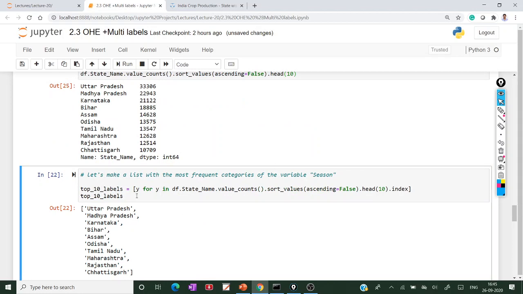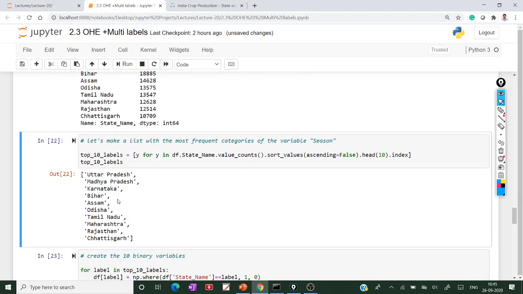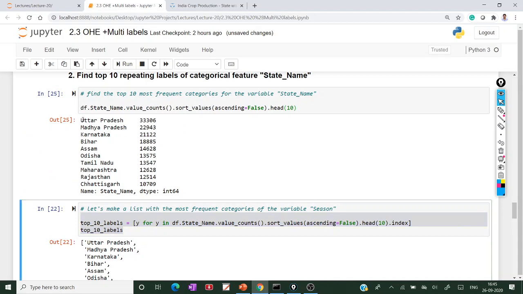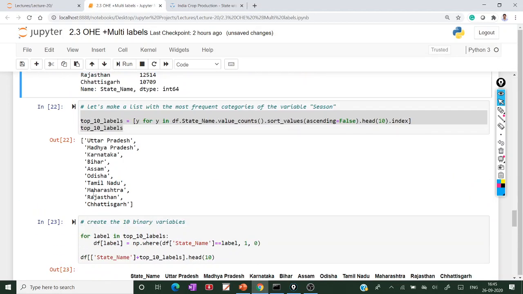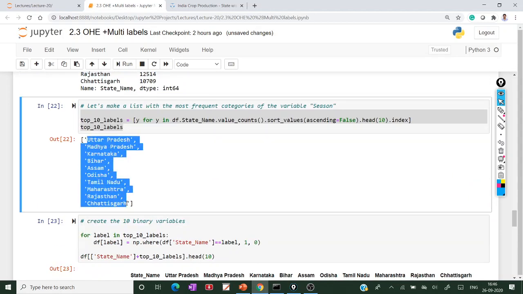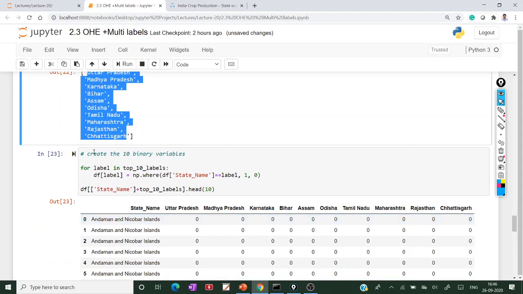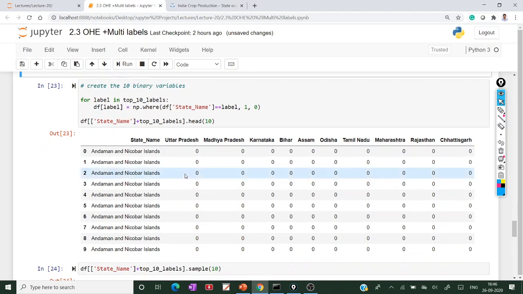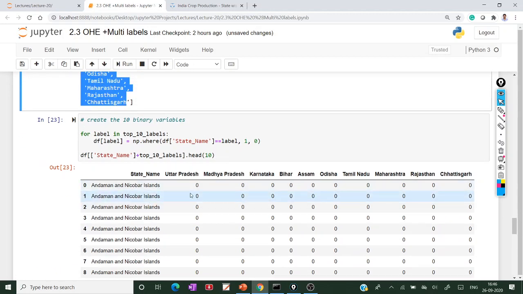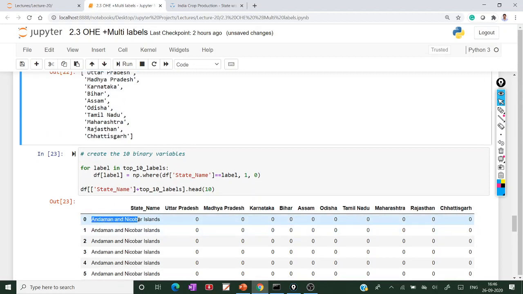Let's make the list, and I make it into order. These are the top 10 labels, from Uttar Pradesh to Chandigarh. Here I am creating 10 binary variables. Our first row is Arunachal Pradesh, Andaman and Nicobar.